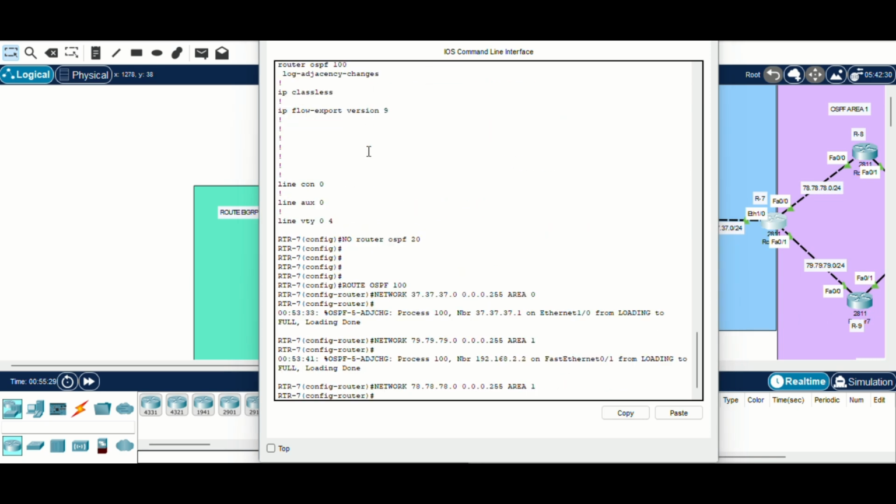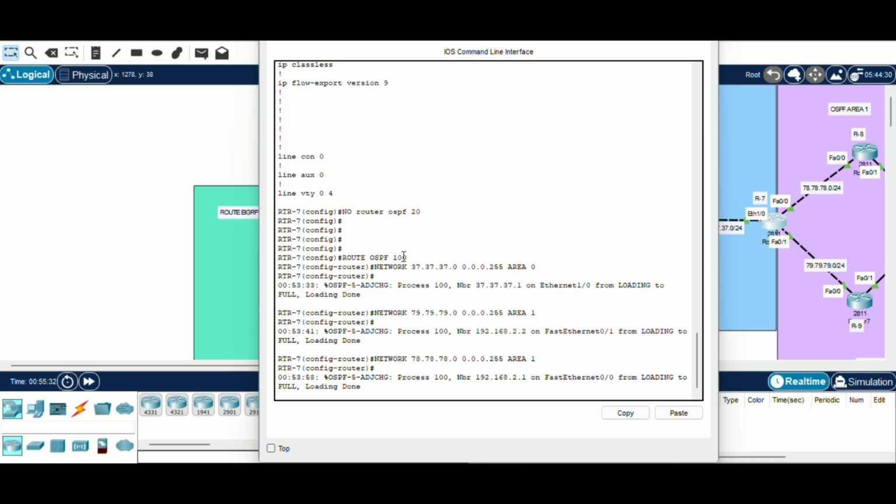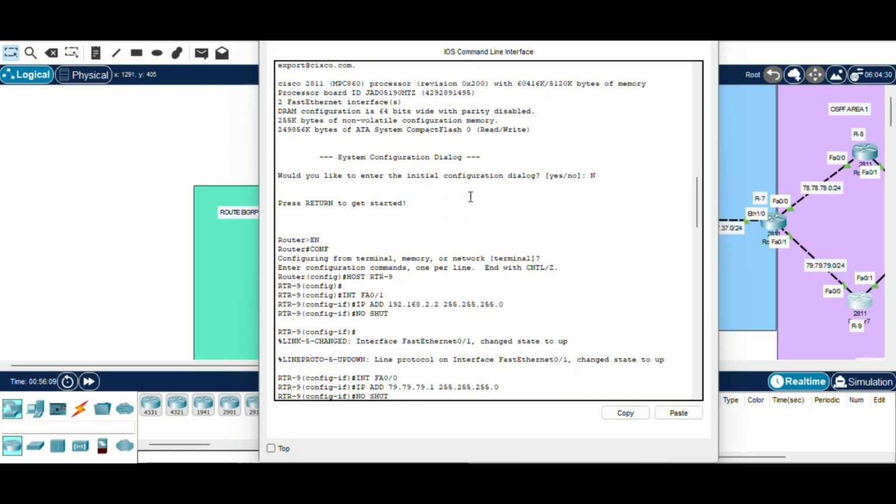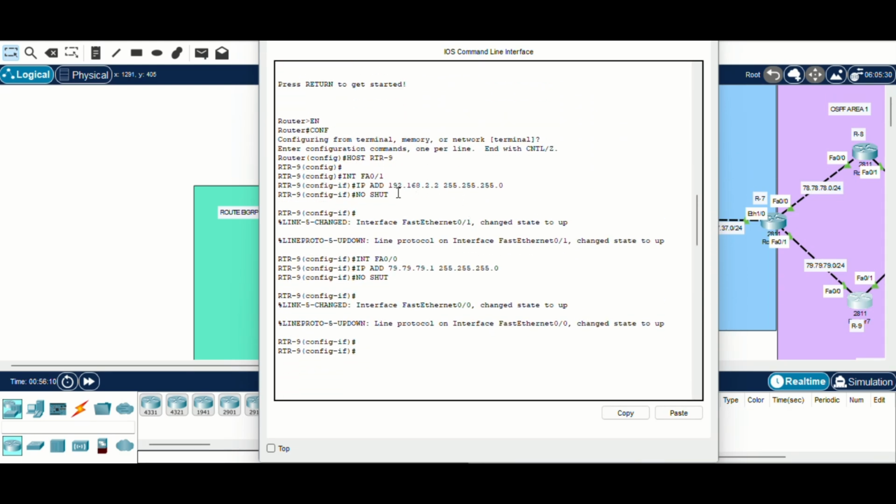Don't forget you must use this for the IP route OSPF 100. First is the network, go to the router 3, and then go to the router 8 and 9. They connect, and here in router 9 you make the IP to go to the client, and then go to the router 7, this for the IP,